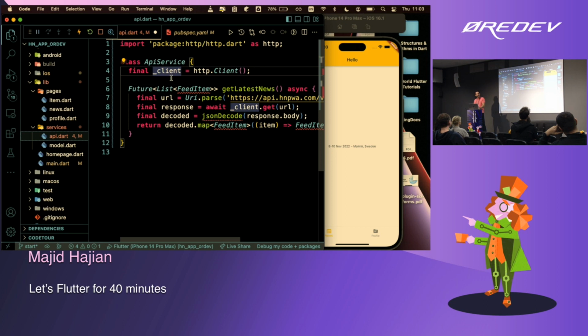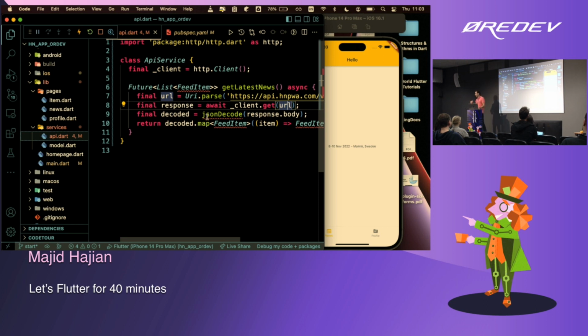You see, the variable that I define right now comes with an underscore. Underscore in Dart means private. That's it. So it's five percent more of Dart code. And then the client gets this URL. So what you get is a response type, right? And the response would have a body. And the body is a string, right? So you need to decode this to JSON, to a map.